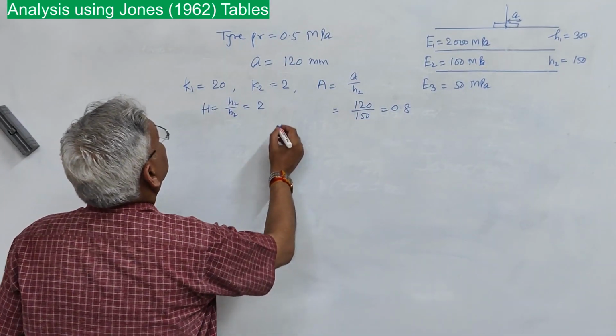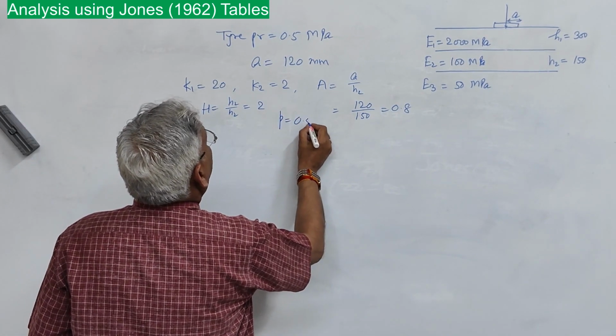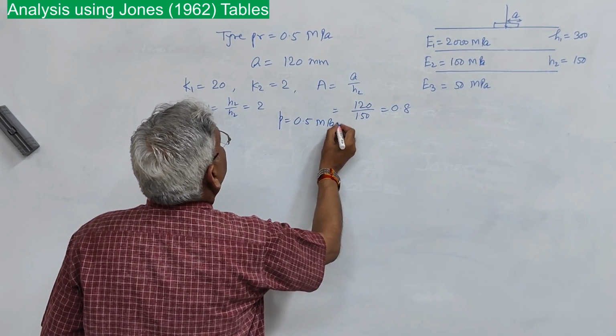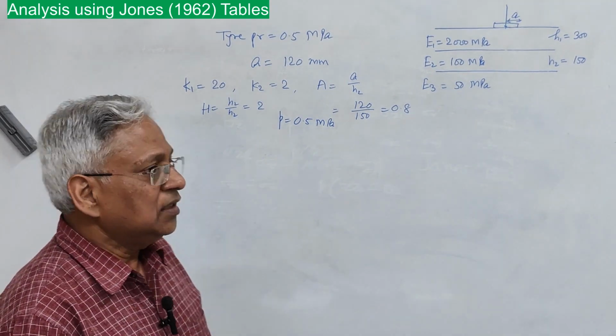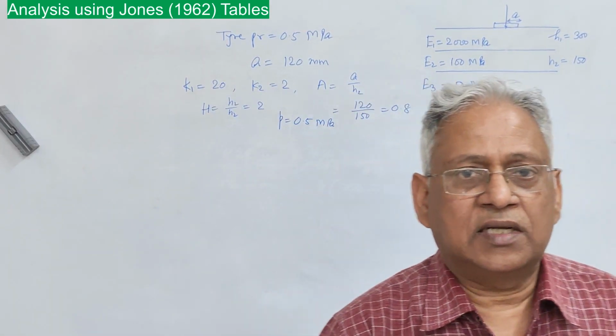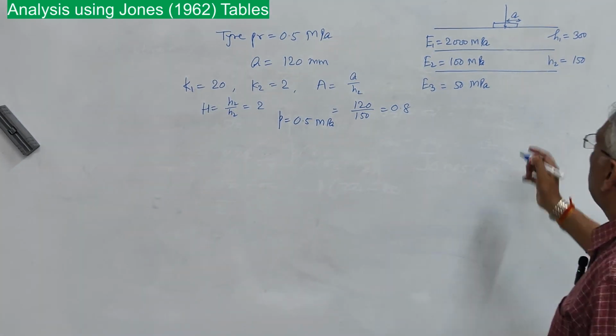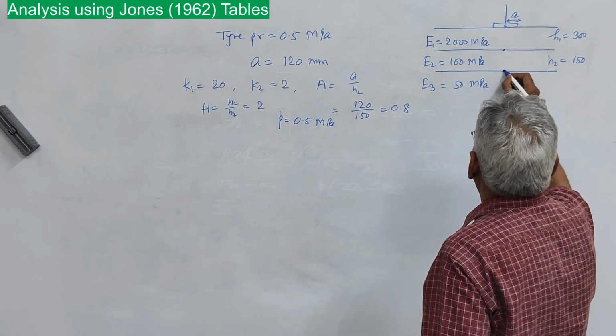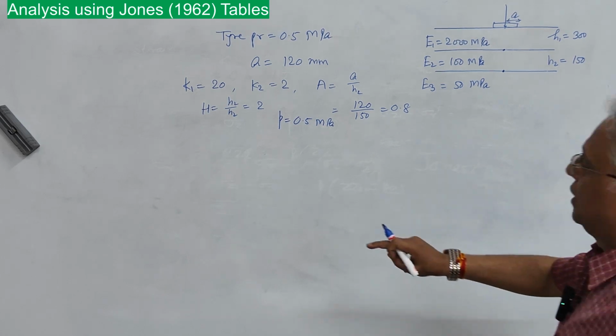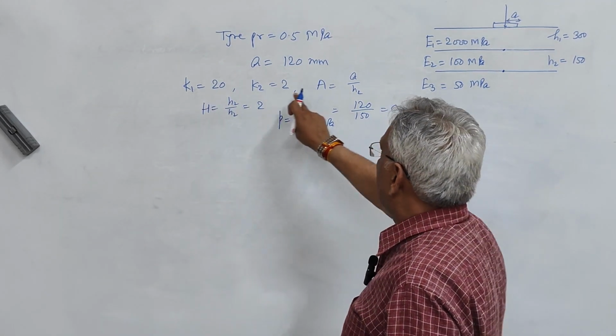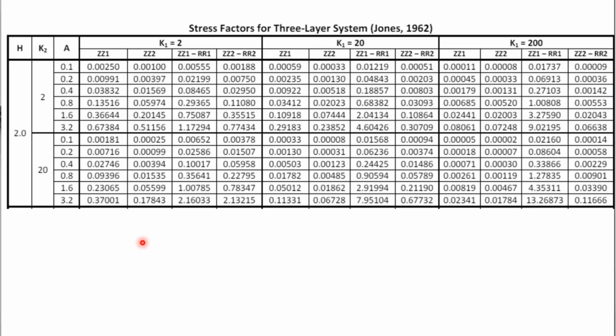Small p, that is your pressure, is 0.5 MPa, that is given in the question. Find out what is the vertical and radial stresses and strain in the pavement at this point and at this point. Now you enter the table with these values of 4 parameters: K1 20, K2 2, A 0.8 and capital H 2,